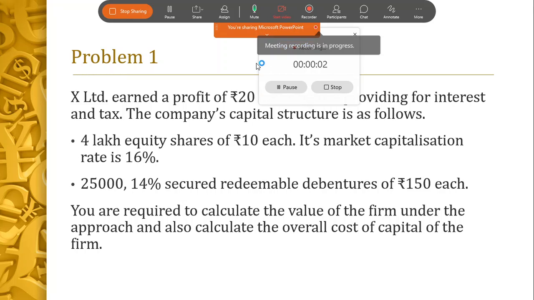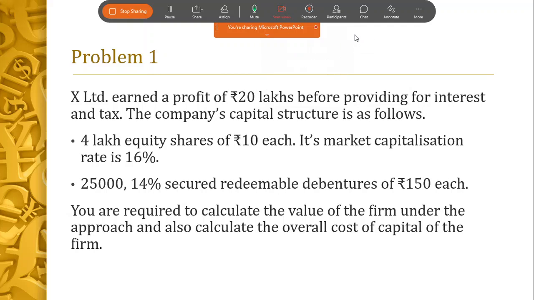Welcome to this session of strategic financial management. Due to the network issue, whatever we discussed regarding the problem in the last session could not be heard. So regarding problem one,